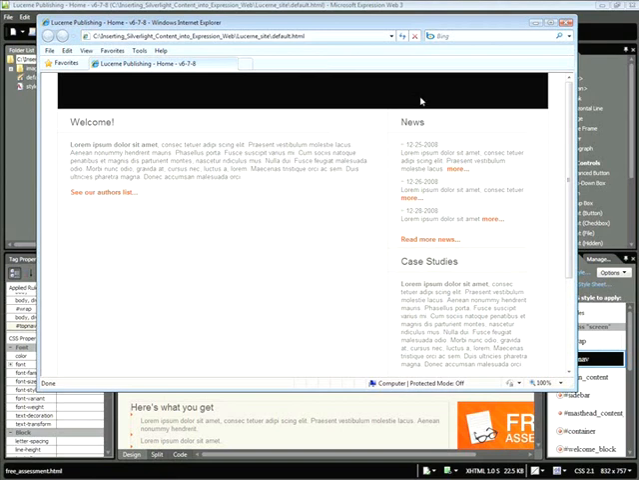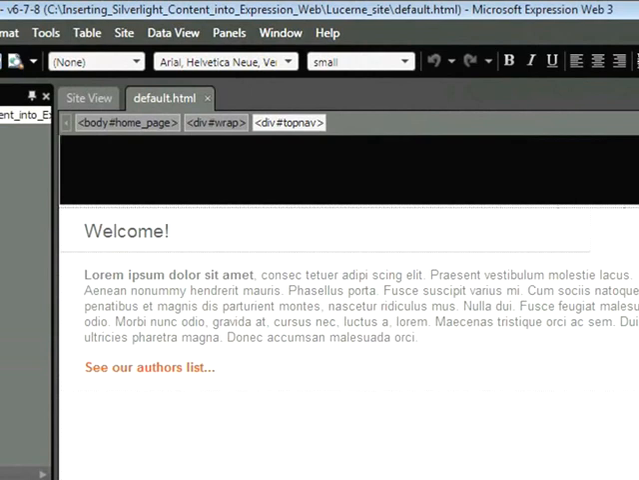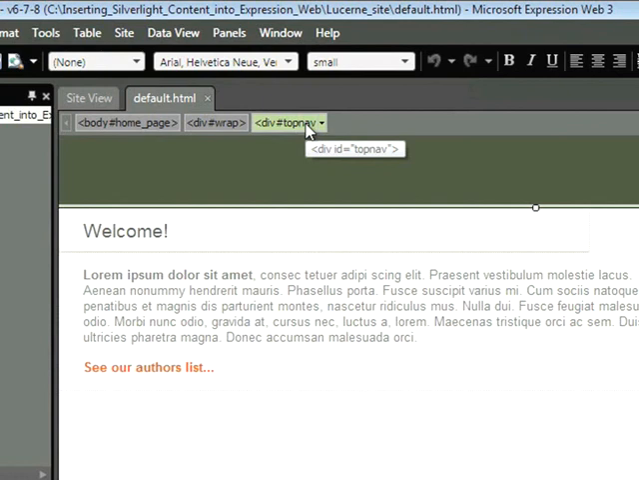So in order to do this, we need to make sure that this section will fit our Silverlight content. Let's go ahead and close our browser, and then click within that top section, and we can see a cursor in the upper left-hand corner. Additionally, we can see here some identifiers. So we're within a div container labeled top nav. If we click on that, it will be highlighted,